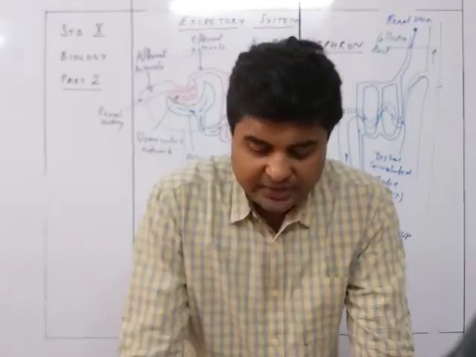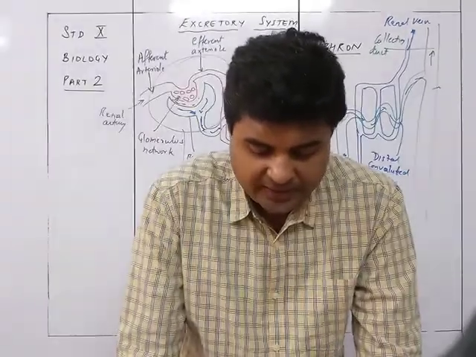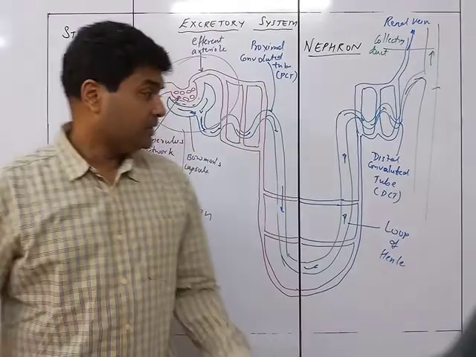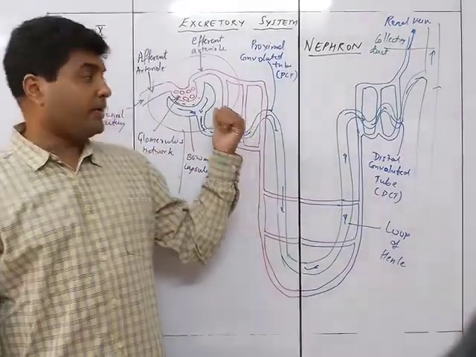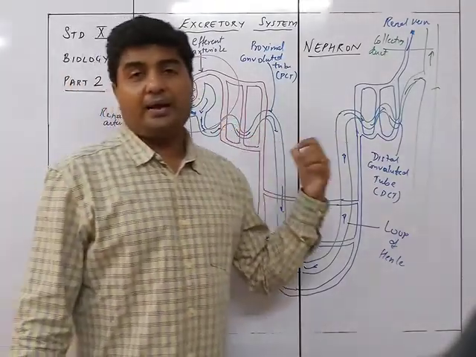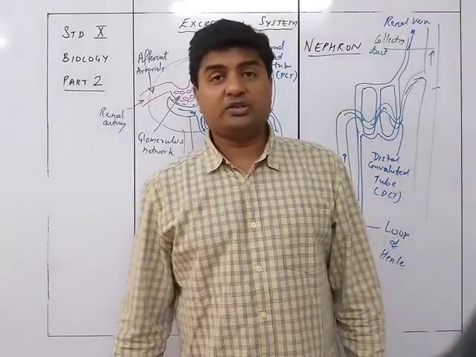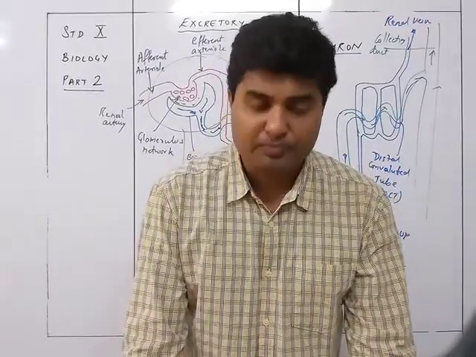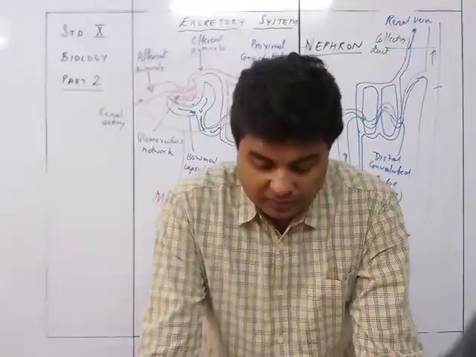All these functions involved in urine production require energy. Hence, the oxygen demand of the kidney is 6 to 7 times higher than what is required by the muscles. So a good amount of oxygen is going to come over here, and 6 to 7 times more oxygen will be required than by any other normal muscles. Now you see the physical properties of urine.